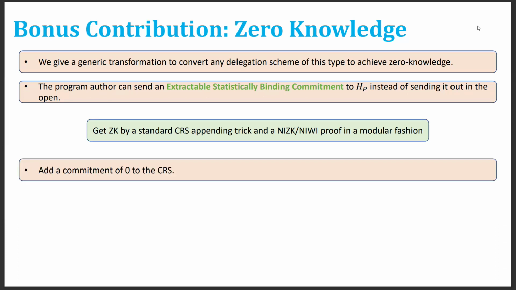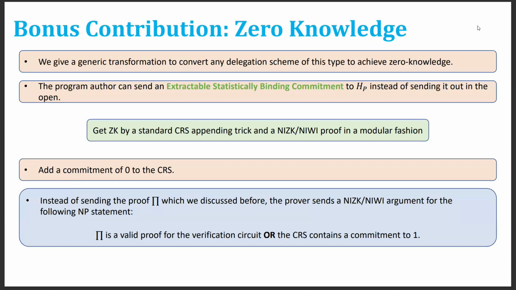So we take the CRS which we had in the previous non-zero knowledge protocol, and we append to it a commitment to 0. Since it's just a commitment to 0, the CRS still remains succinct. The previous one was short as well. And now, unlike the previous case where the prover sends the proof pi directly to the verifier, what the prover now does is, instead of sending the proof pi, send a NISIC proof for the following statement,